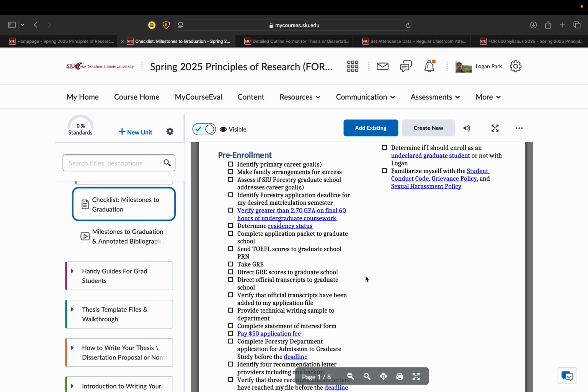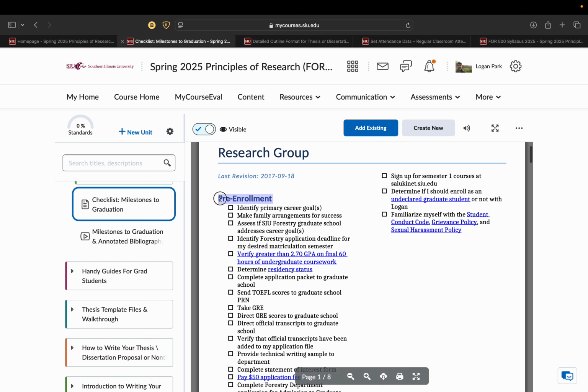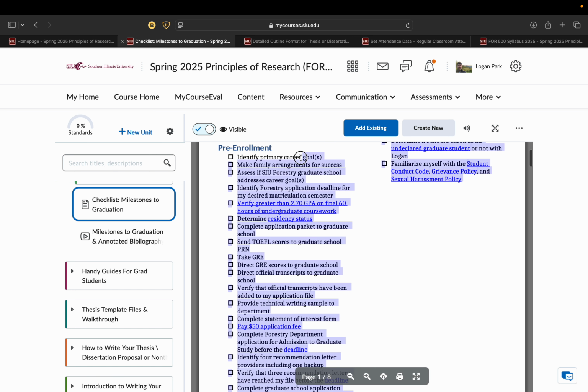So the first couple of pages of this for most of us in the class are going to be already complete. This starts with, before you even enroll as a graduate student at SIU, here in our college, we want to have some primary ideas, like why are we going to grad school? What's the primary career goal? We assume that grad school is a very useful set of a lot of steps and hard work to get you to that eventual career goal. Otherwise, if you're just here for the joy of learning, that's awesome. I'm wired that way as well, but